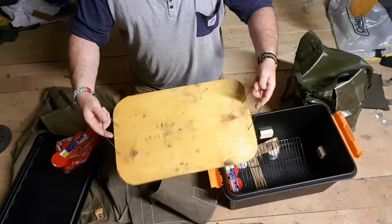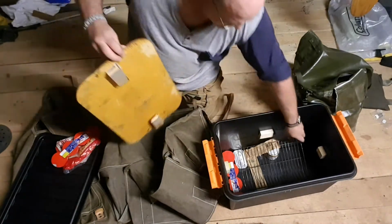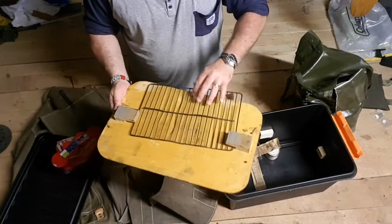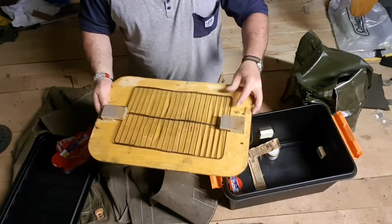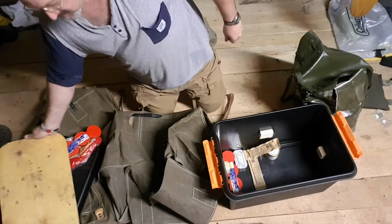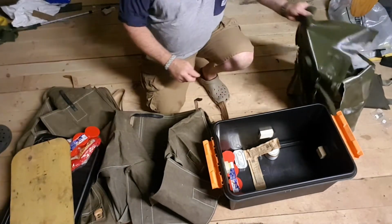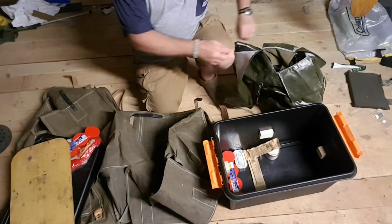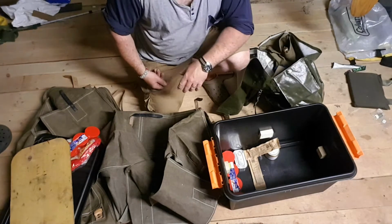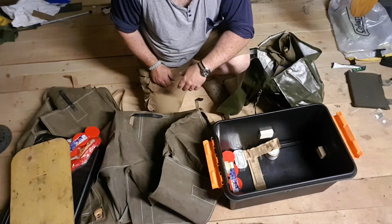I have this table thing. It's got some brackets on the back I made, which the chopping board and my grill just slide under. It keeps it kind of tidy and in the box, and obviously acts as a table. And then all my food will go in there. Initially I wasn't going to take it. I was going to take one of these vinyl bags, but now I've bought these two big bags. Yeah, I think we'll go with that,